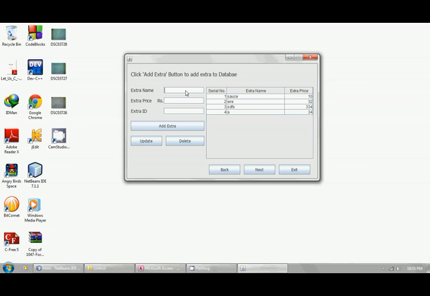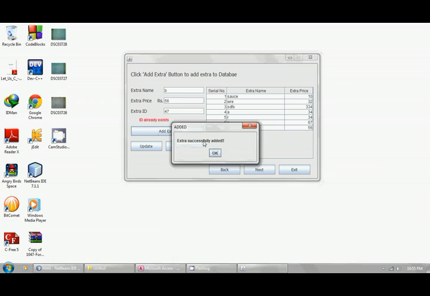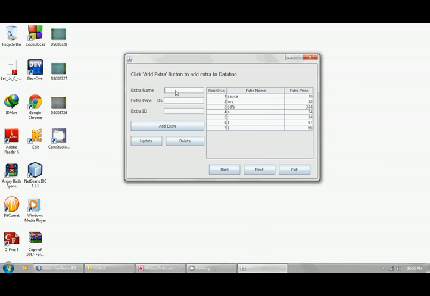Successfully added. So we listed all the extras by the same process. We can also update and delete from here. Then we click on next.